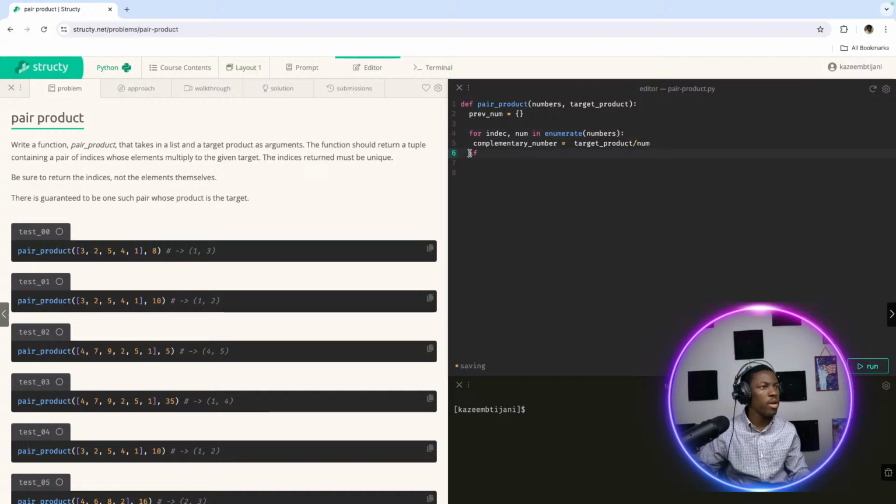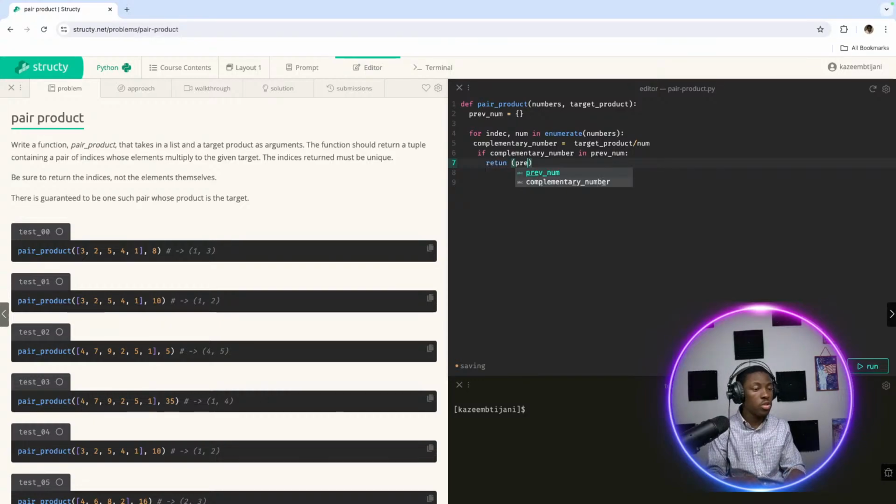All right, I know I didn't do the indentation correctly. So I make the check and say if the complementary number is in the previous number that we were dealing with, right? If the complementary number is in the previous number that we are working with, okay, that makes sense. Then I will return